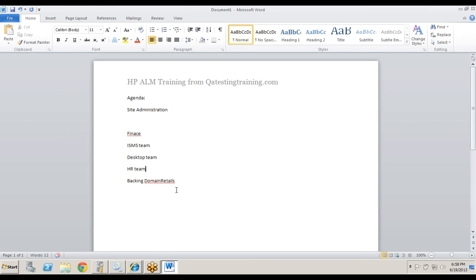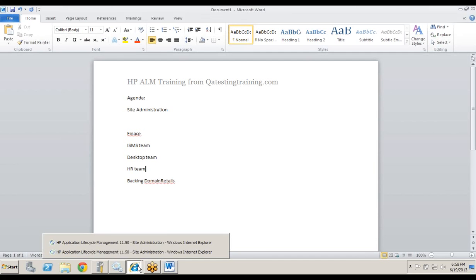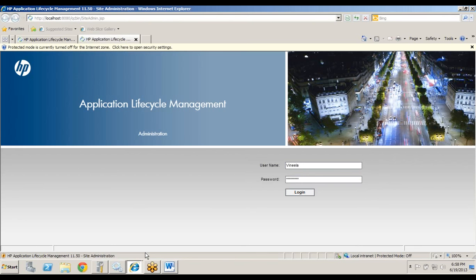and some projects they might be working on retail domain. And some of the projects they may be working on travel or logistic domain.